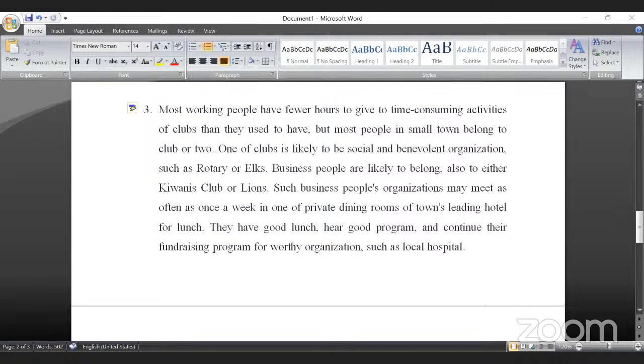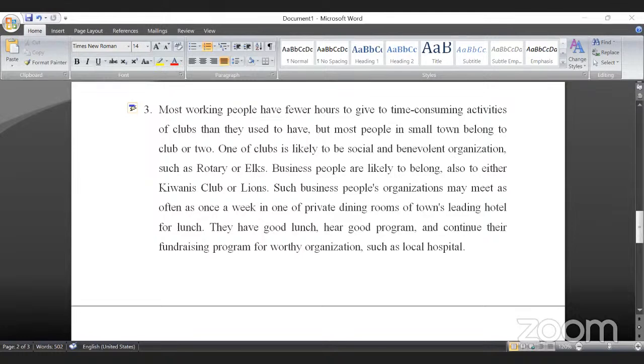Business people are likely to belong also to either Kiwanis Club or Lions. The business people are likely to belong also to either the Kiwanis Club or the Lions. The Kiwanis Club or the Lions. Right? Correct. Okay. Now, such business people's organizations may meet as often as once a week in one of